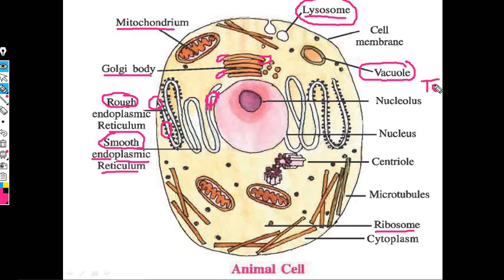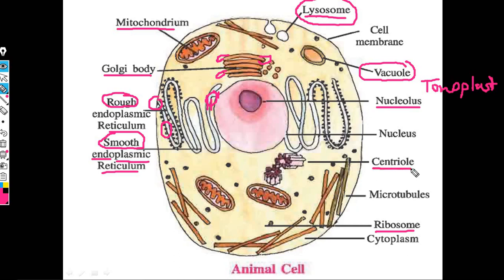So tonoplast is definitely a living structure, but the rest of the inside of the vacuole is a non-living structure, and that's why vacuole is considered a cell inclusion. It is not considered a cell organelle. So tonoplast is a very important name that you have to remember. Tonoplast is a membrane. Here it is shown as a thick membrane, but you do not consider it a two-layer membrane. It is only a single layer membrane. Two-layer membrane is only observed surrounding the nucleus and mitochondria. Okay, fine. Nucleolus we have already observed. So nucleolus is the site of ribosome synthesis.